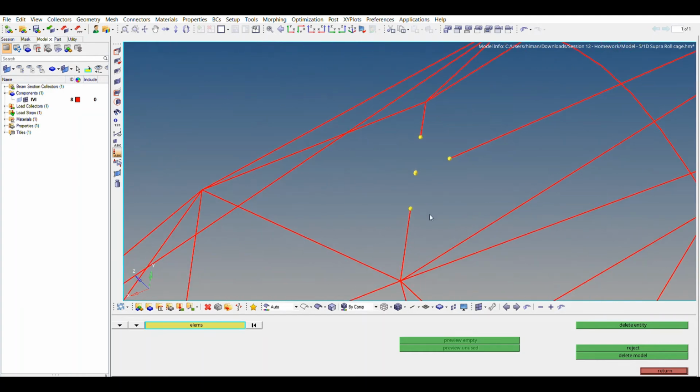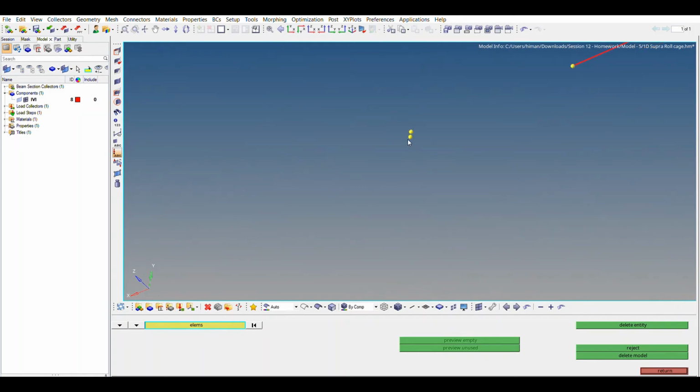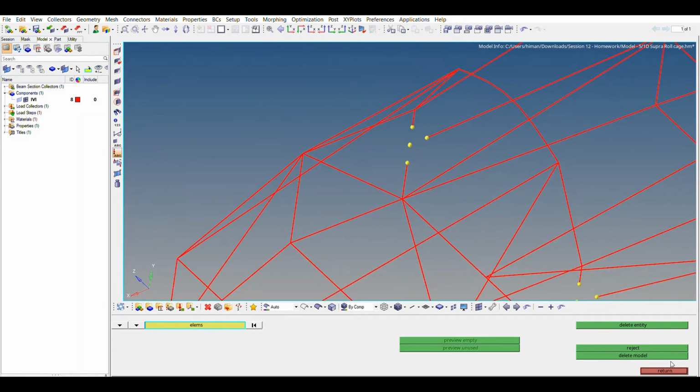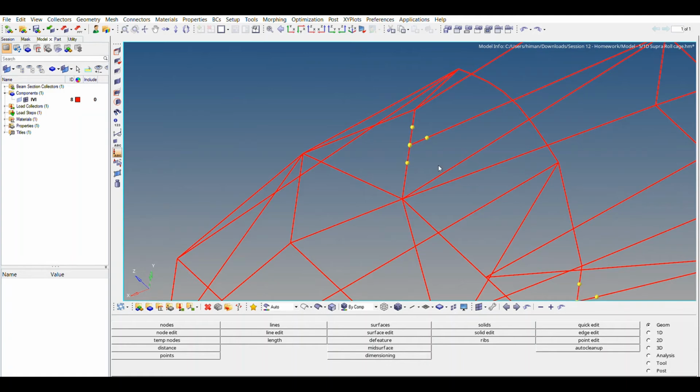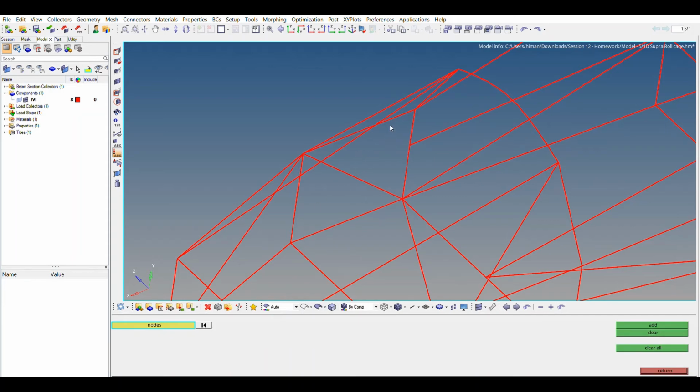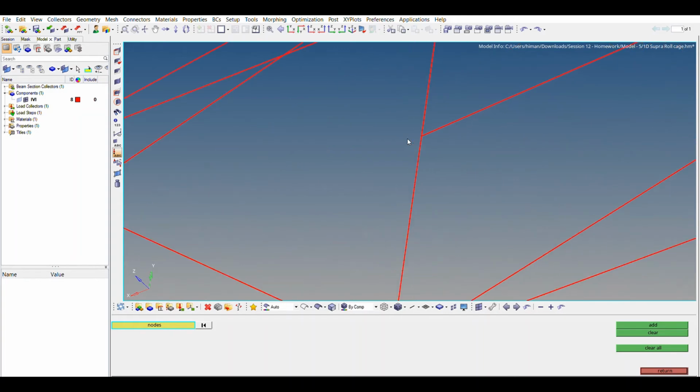So again here are two nodes, so let us go back. Two nodes are present there. Go to temporary nodes again. If you want to undo, just press Ctrl Z. Now again do the same process.